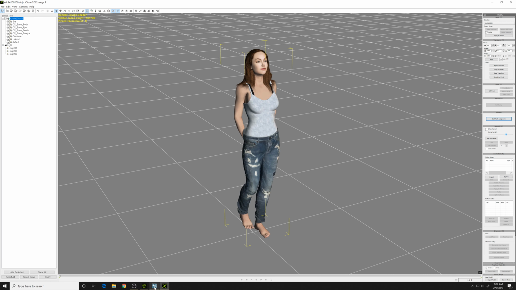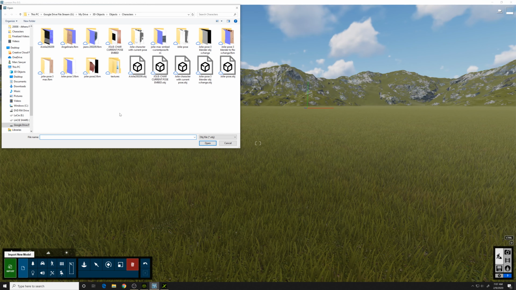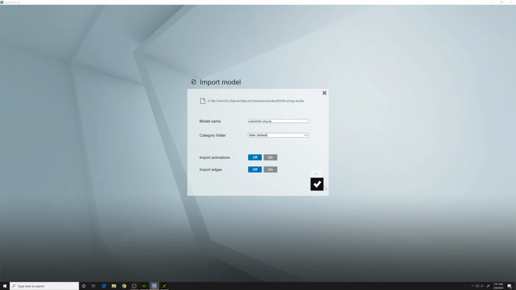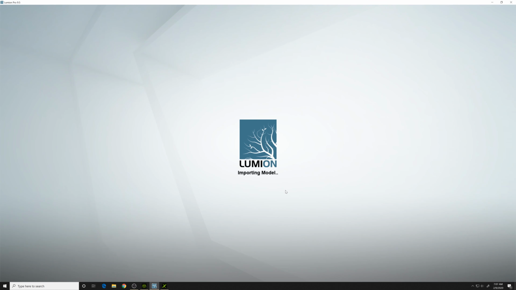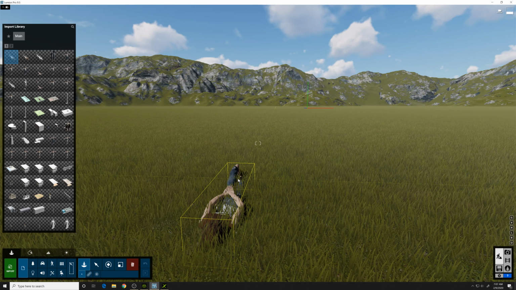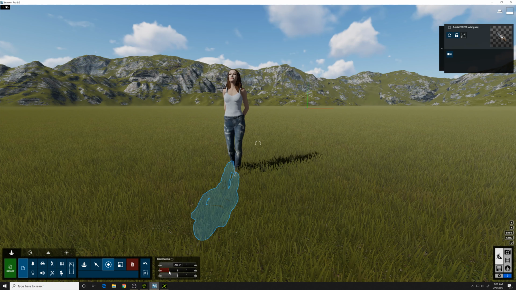Okay, so now we have the FBX file. Let's go back to Lumion and do import. We'll find this FBX right here. It is. Open that and go ahead and load that in. And you'll see it comes in laying down because, I guess, the Y and Z are confused. So all you got to do is take this and rotate 90 degrees up, and you'll have